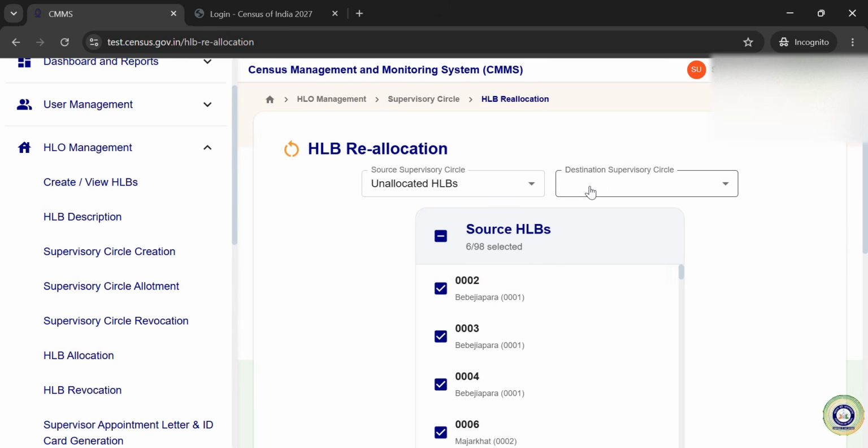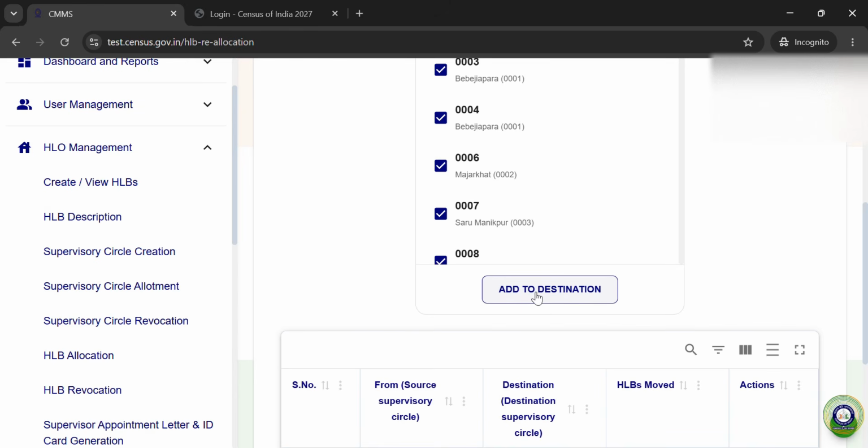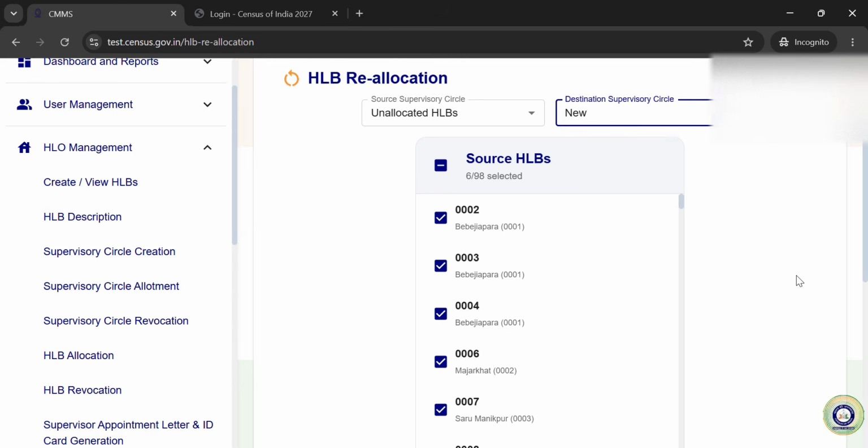Supervisor circle 001 is already created, so we will create another supervisor circle. It will be a new supervisor circle and its number will be 002. After that we need to click the add to destination button.